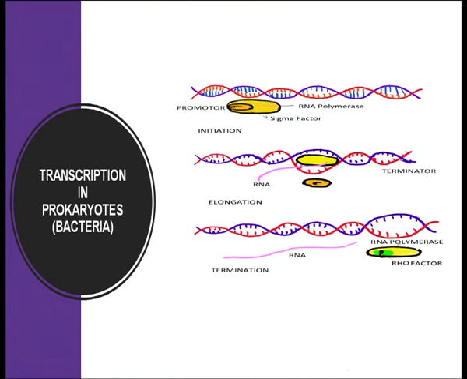So RNA has been formed, and in the case of prokaryotes, the translation also starts immediately along with transcription, because in prokaryotes there is no nuclear membrane present and the chromosome is only present as a nucleoid which is in the cytosol only. So transcription and translation go side by side in prokaryotes, while in the case of eukaryotes, the mRNA that has been formed undergoes further processing.